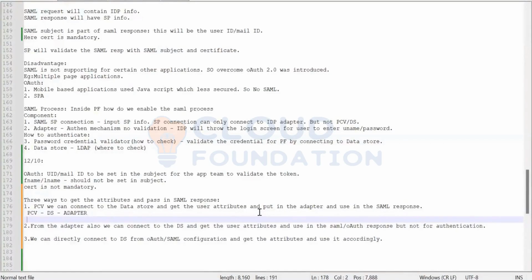For example, say one SAML connection is asking you to send the first name, last name, and mobile number. You get the first name and last name from the PCV or adapter, but for the mobile number,